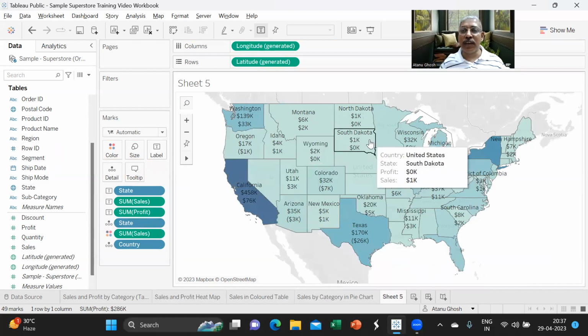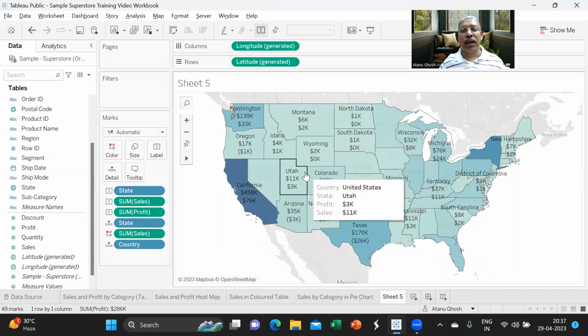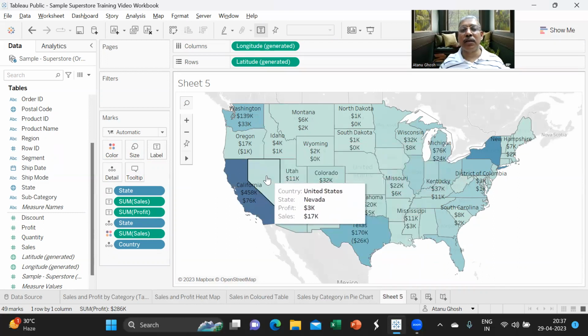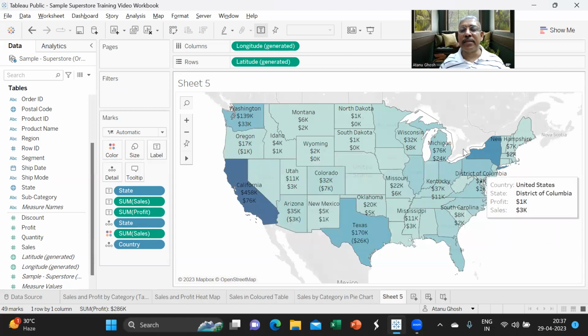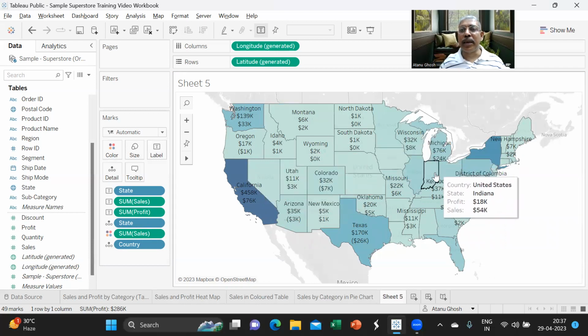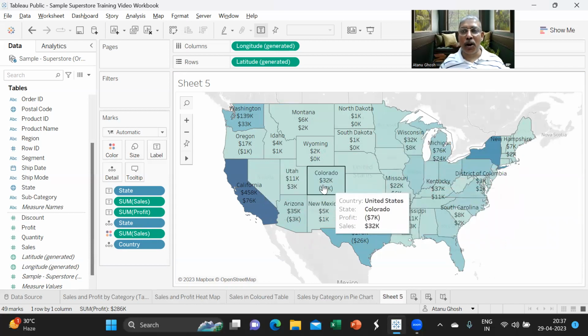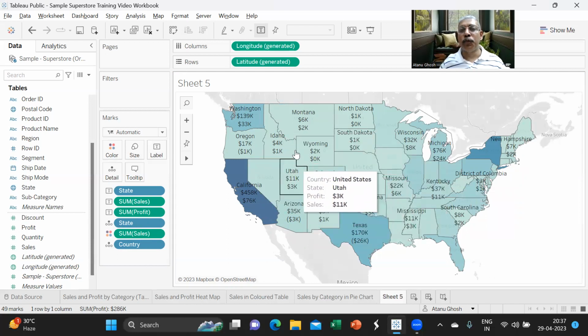Now you must be noticing that when I put sales and profit, some of the names of the states are absent. Now it is automatically removed. This is to ensure that there is enough space to write, and Tableau doesn't want to make the chart crowded. And Tableau automatically adjusts to show which states should be shown in the text and which should be missing.